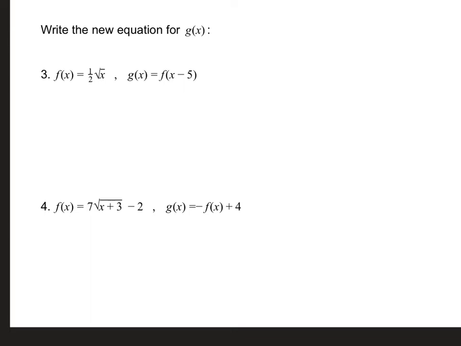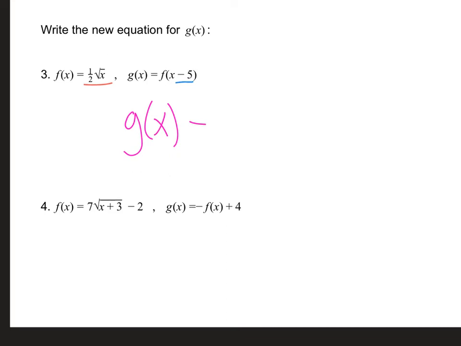So let me show you what I mean. I know my f of x is 1/2 times square root of x. But then I see that f of x minus 5. I'm going to subtract 5 from x on the inside of the function, from the domain, right? So in those parentheses, like you know from transformations, when it's in the parentheses, it's affecting x. When it's outside the parentheses, it's affecting y. You can put things inside or outside that square root symbol. None of that is news to you, but it is just a little bit different way of thinking. So let's continue to put our answer in pink here. So my g of x